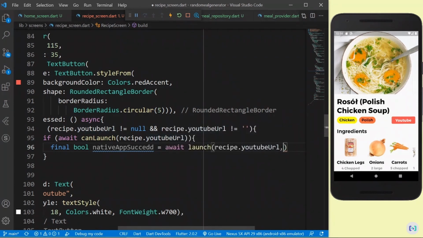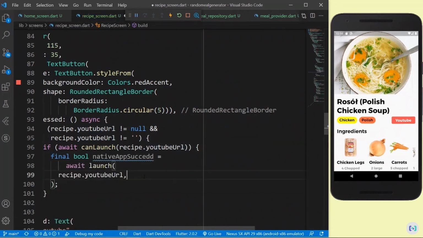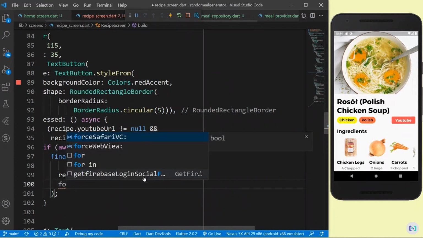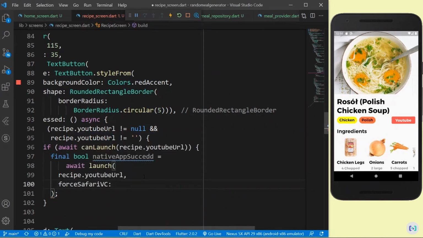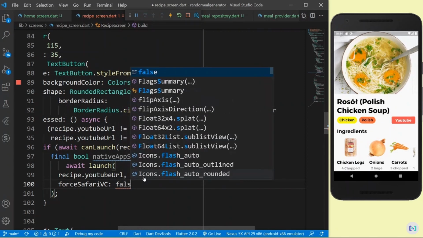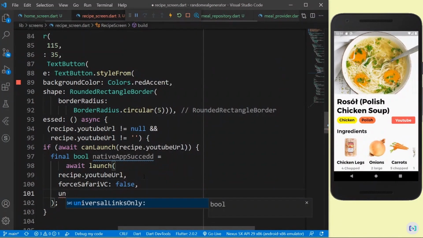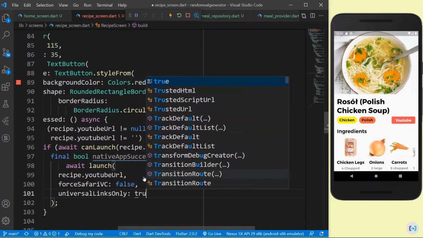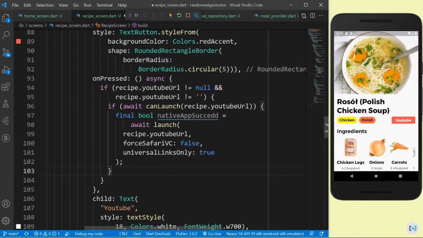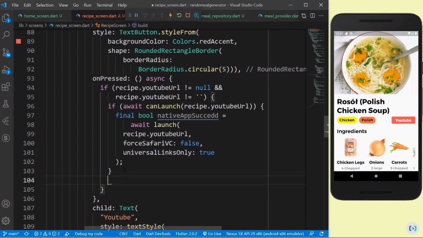And here I also have to pass more parameters. First of all, I have to say forceSafariVC is false, so don't force it to take Safari. And also say universalLinksOnly is true. So if it can't launch, there is some problem with the device or something like that, then we have to force Safari. So here, in the if statement itself, if native app succeeded is not equal to true,